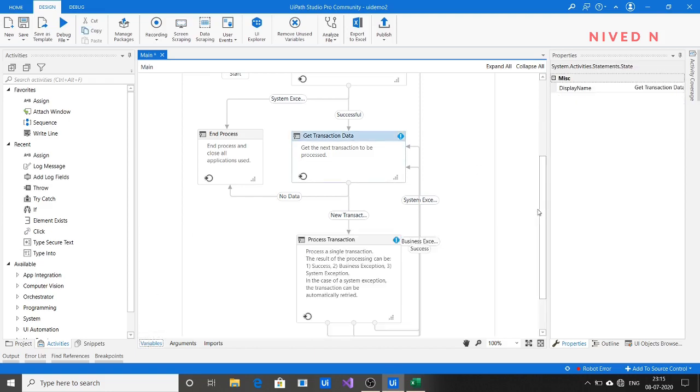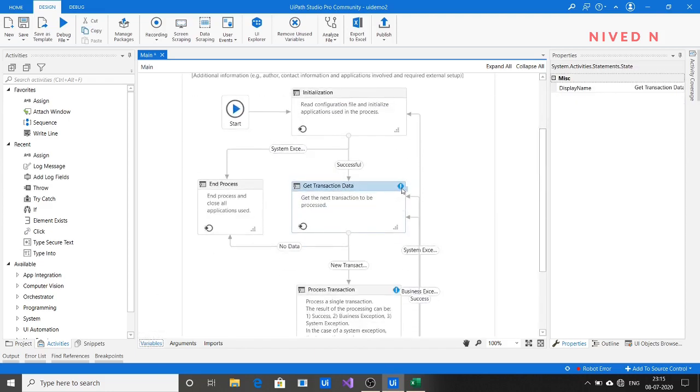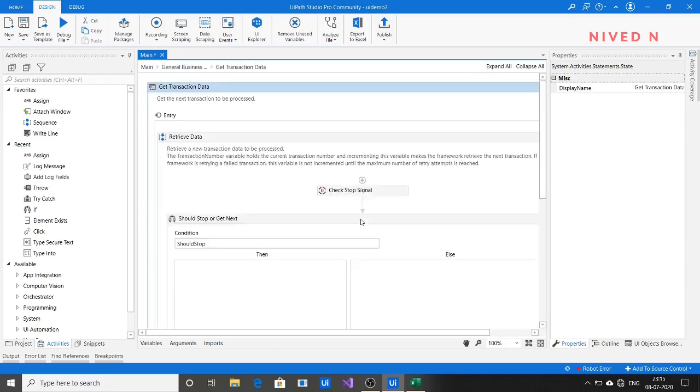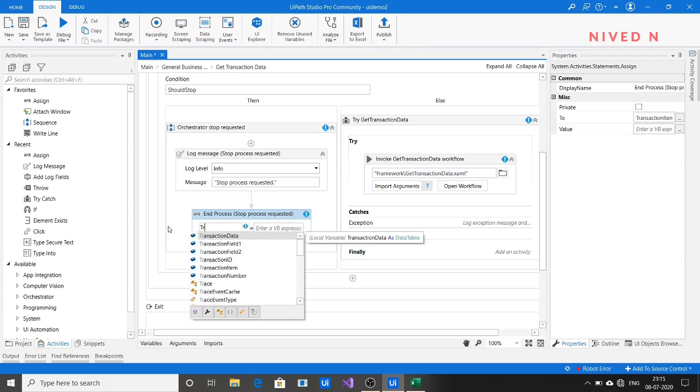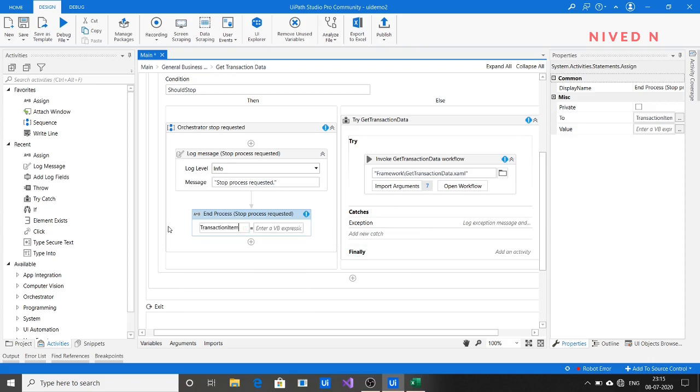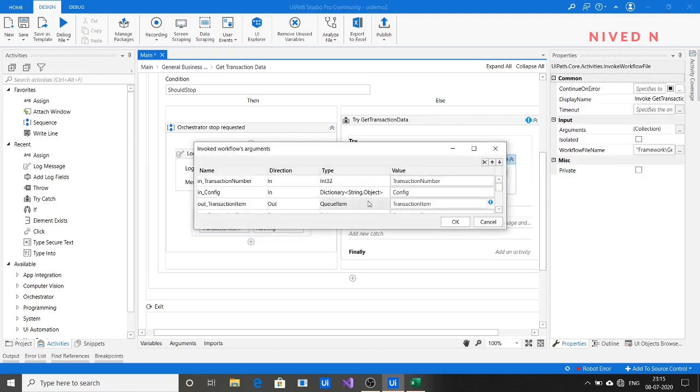You can see that some validation errors have been shown here, so correct them. It is a normal procedure that we have to do when we are doing the REFramework in the data table method. Transaction item, nothing. Now the error here is that it is a queue item, so we have to change it also.